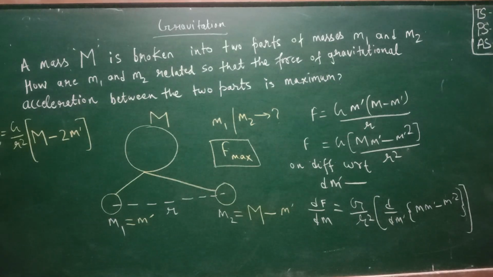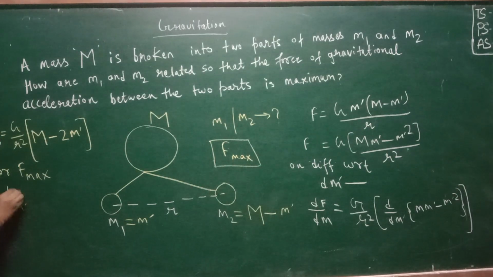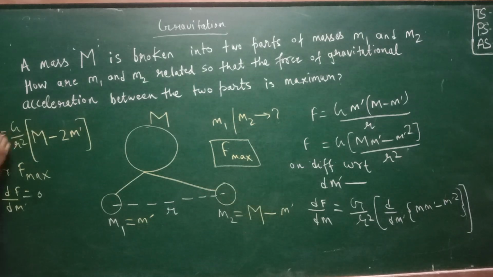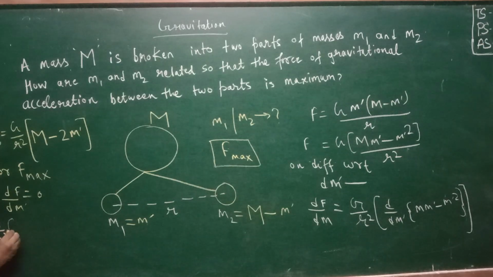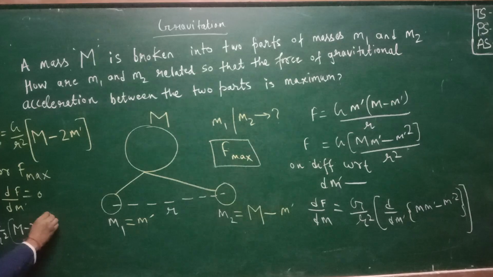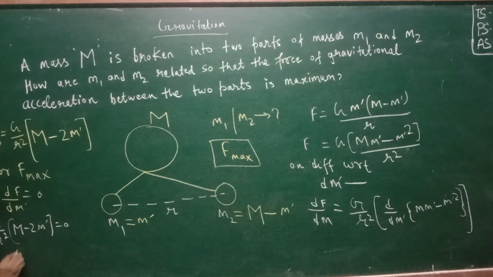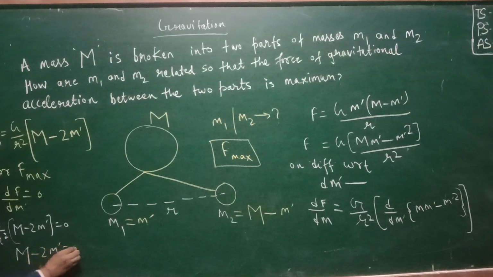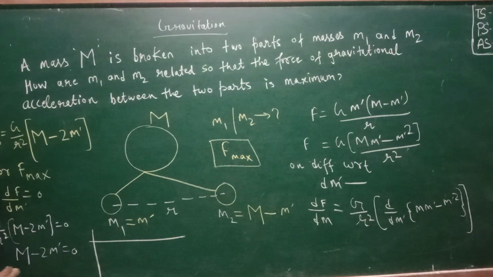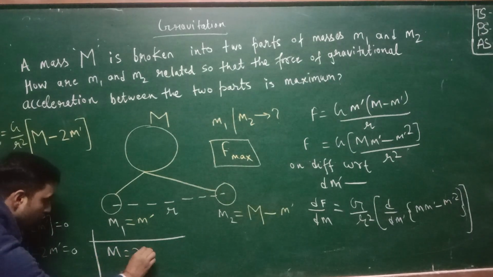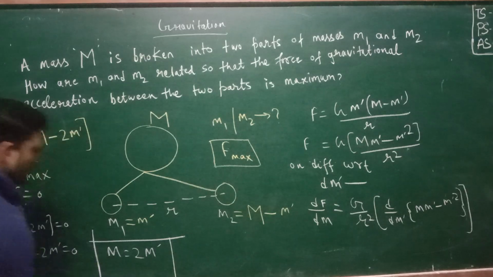In order to have the maximum gravitational force, मतलब F max के लिए क्या करना पड़ता है हमको, dF/dm' को जीरो करना पड़ता है, dF/dm' must be equal to zero. इसका मतलब ये पूरा टर्म जीरो हो गया, तो कह सकते हैं कि G डिवाइडेड बाई r स्क्वायर मल्टीप्लाइड बाई कैपिटल M टाइम्स माइनस 2m' इक्वल्स जीरो। तो यहाँ पे आएगा कैपिटल M माइनस 2m' इक्वल जीरो, और ये हो जाएगा M इक्वल्स 2m'।